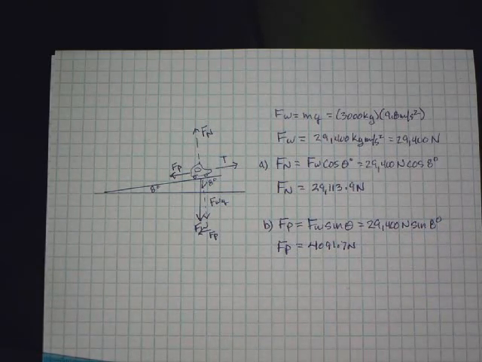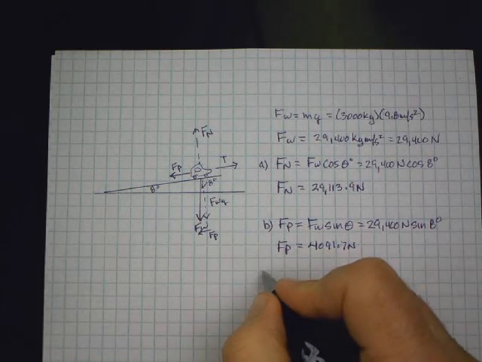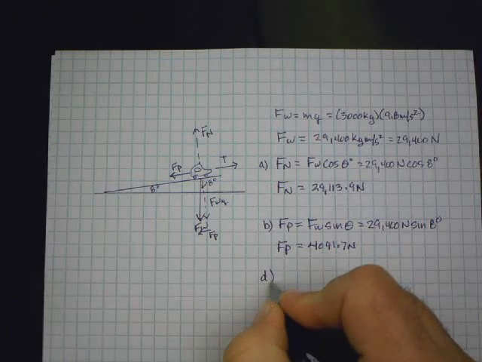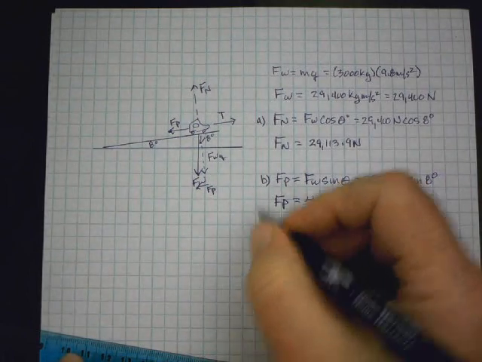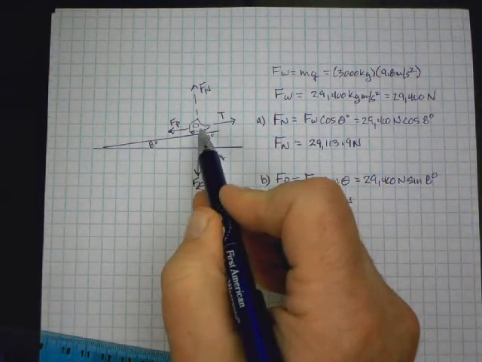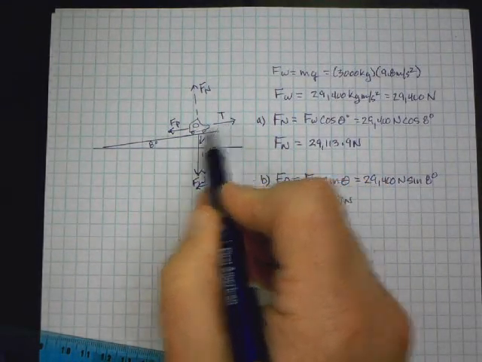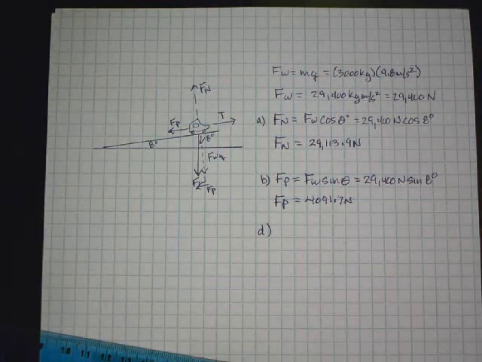So there we have part B. Part C was make a diagram. We've already made the diagram and labeled the different forces. Part D, will the rope support the car? Again, if I'm just thinking in terms of the two forces that are in line with the car's potential motion